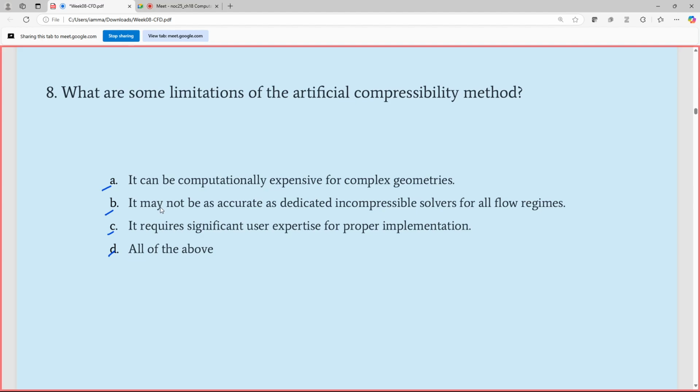So, all the options are true. That is option D, all of the above. It is true that not just artificial compressibility, almost all the methods will be computationally expensive for complex geometries. Next option, it may not be as accurate as dedicated incompressible flow solvers for all flow regimes, and it is best suited for